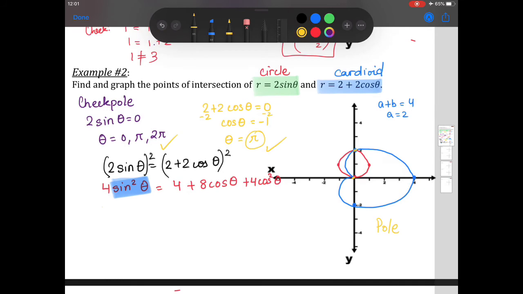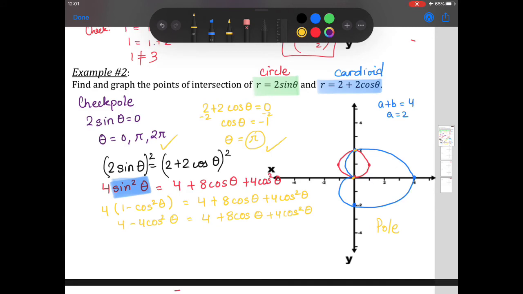1 minus cosine squared theta. Yes, so it would be what? 4 times 1 minus cosine squared theta equals 4. That way I will have an equation in cosine and it'll be easier for me to solve, right? Now this is pure algebra. This would be 4 minus 4 cosine squared theta equals 4 plus 8 cosine theta plus 4 cosine squared theta,